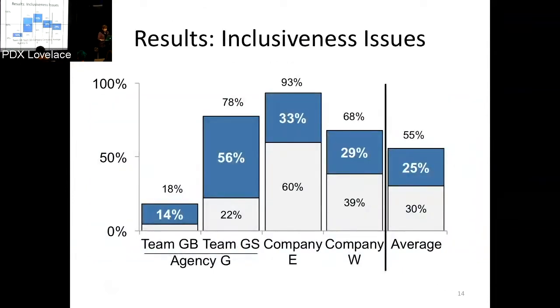Okay, and here's what they found. So the y-axis is the percent of features they looked at, and the blue numbers are the percentage of those things where they found gender biases. Like company E, in total of all the steps they went through, 93% of those, they found something wrong. But 60% of them weren't gender biases, they were just flat out usability errors that would affect everybody. Like the font's too small. But a third actually were biased against one gender or the other.